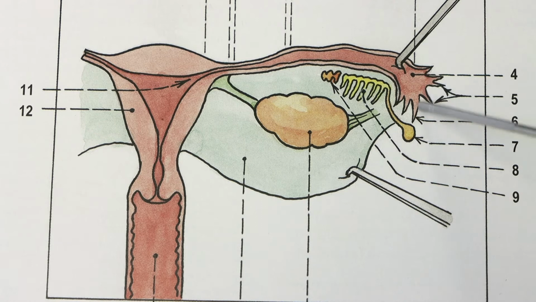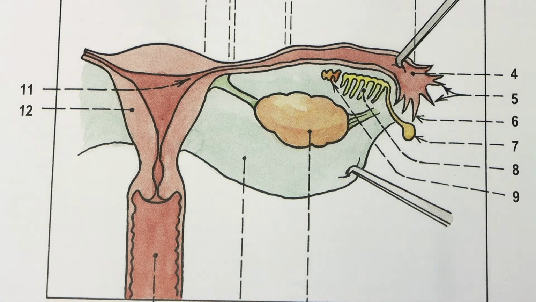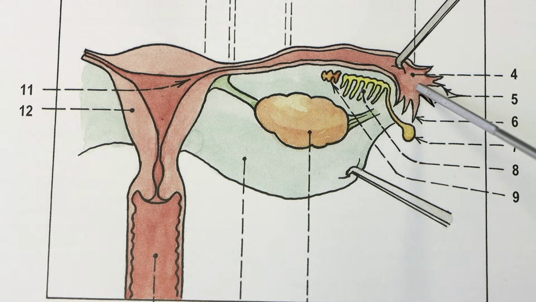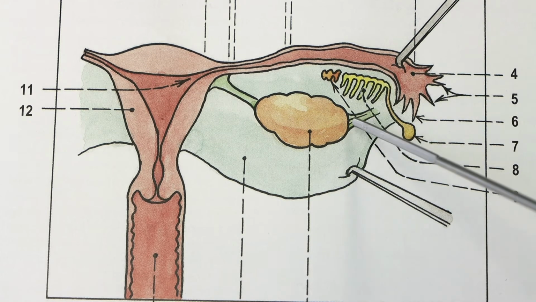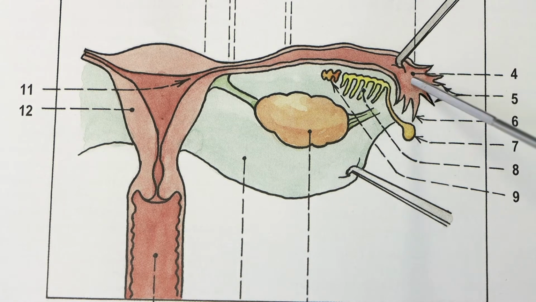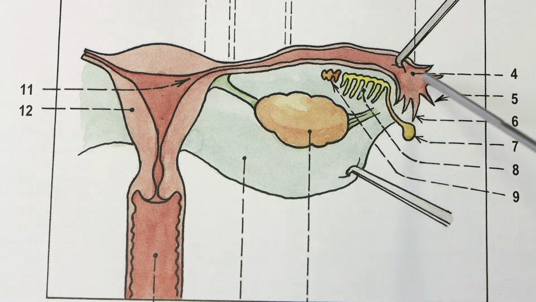Then, at the beginning of the uterine tube, you have a widening part, which is called the infundibulum. The infundibulum is funnel shaped and is located at the beginning of the uterine tube, near the ovary. That is why the ovum, when it is released, is caught by the infundibulum, thanks to structures called fimbriae of the uterine tube. Fimbriae are finger-like